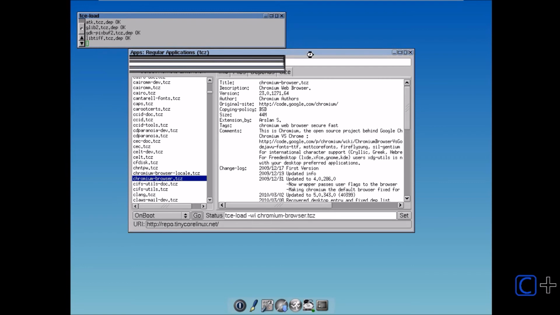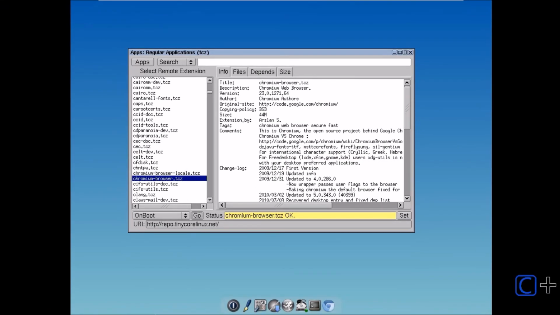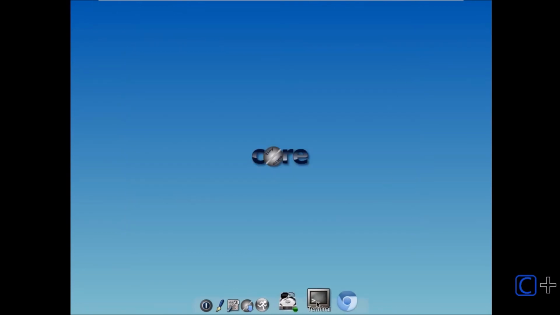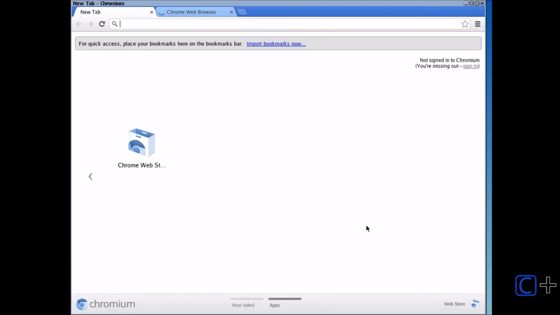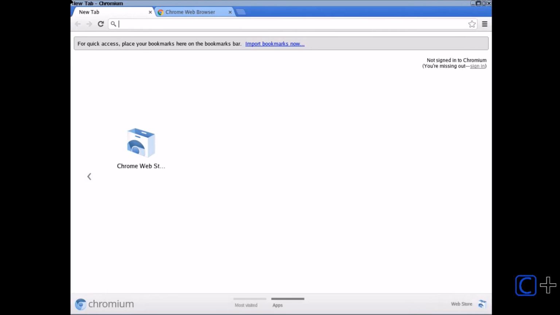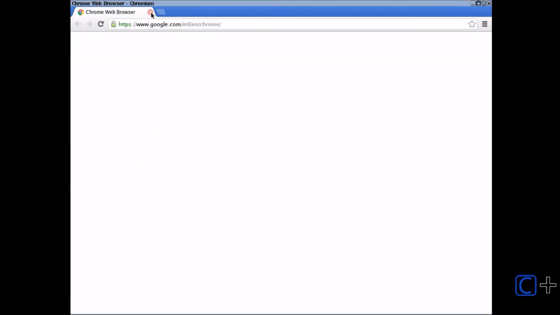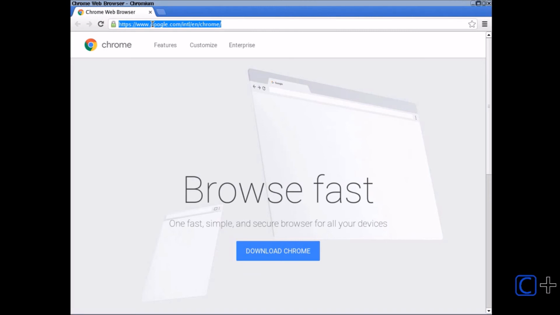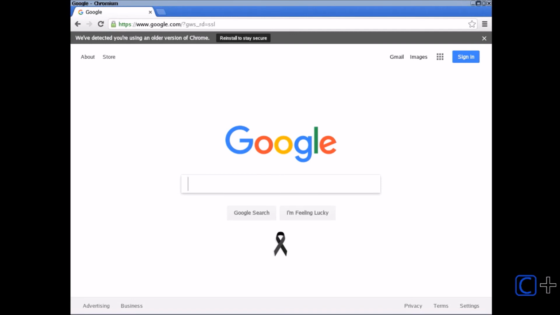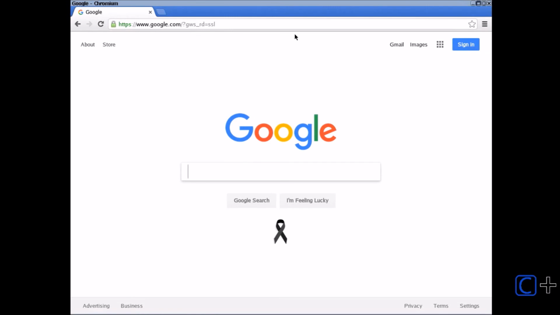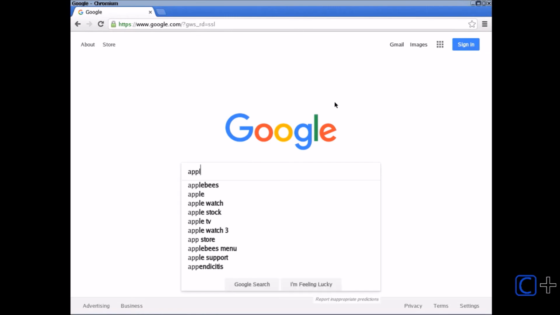That's okay. We'll wait. So I believe that the download has completed. Yep, it has. Any program that you download is going to appear right here on the dock. And here we've got Chromium. It looks like Chrome. So let's see what we can do on it. Okay, it's an older version of Chrome, that's okay. But it loaded that website really fast. So if we do a search,